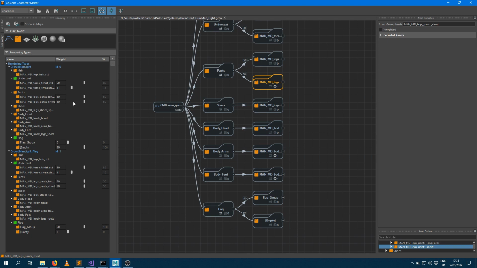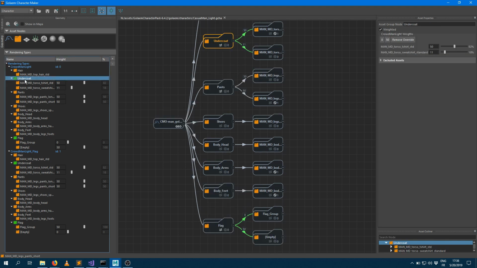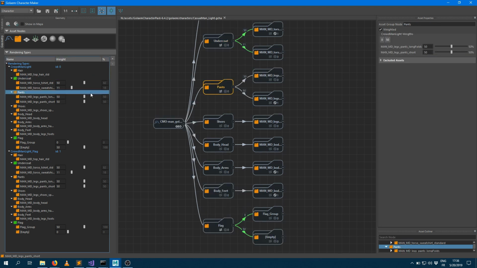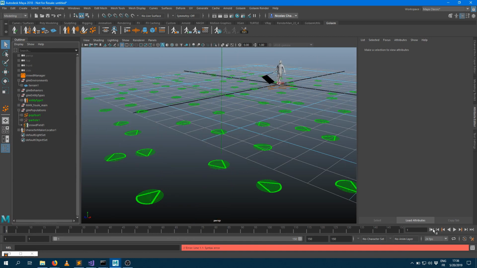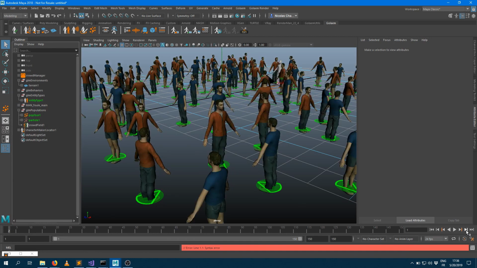So as soon as I have a variation, I can control how much I would like to have. I do have my undercoat group here, my pants group there. If I want to have more people with sweatshirt, I can just increase that slider here. And to make sure it's being applied to my simulation, I need to save that modification into that file. So I'm going to press the save button here, and I want to reload the simulation. So bring it back to the first frame and play a couple of frames to see that now there's more